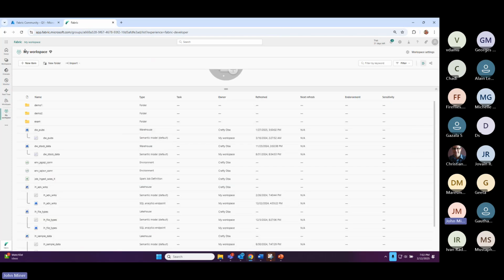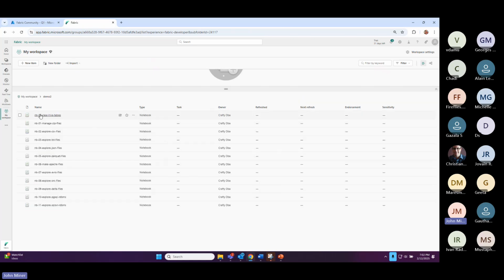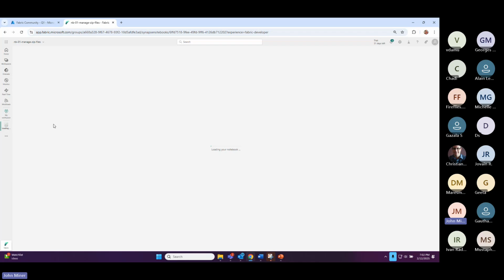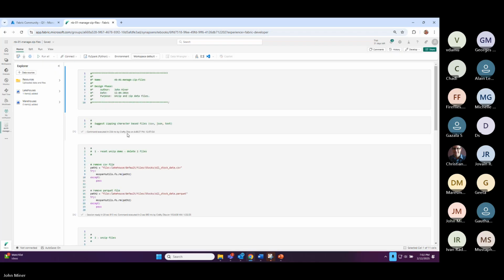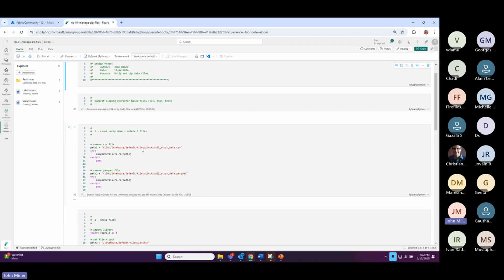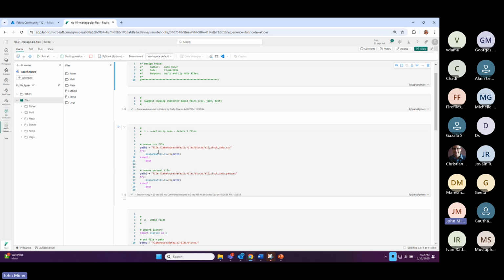So again, workspaces, when this came out, and it's been only like a year and a half, 18 months, if that, you couldn't make subdirectories, but now you can, which is cool. And there's a right click and you can move stuff too. So we're going to talk about zip files. To run this, we have to go in here, and the very first thing is we want to start our cluster, because if we don't have the cluster, we can't do anything. So if we look at this, it goes Files, stocks, all data.csv,